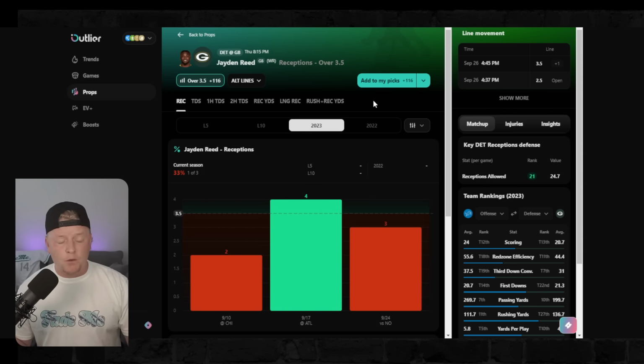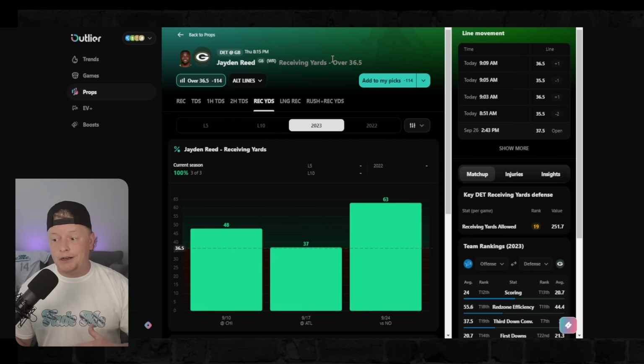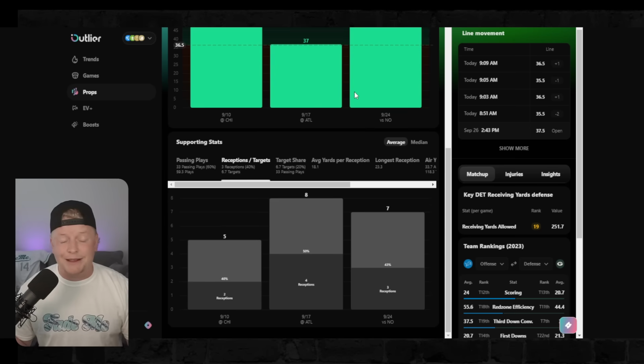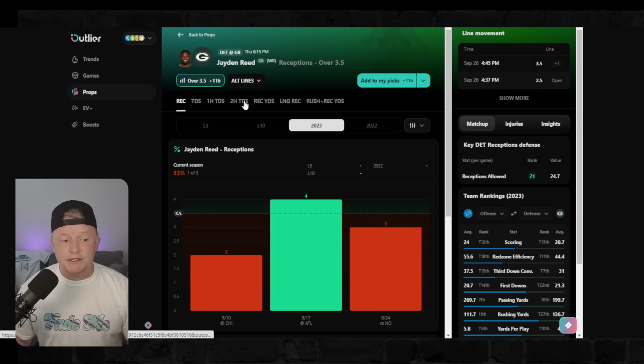But in terms of what we're looking at also on him, I really don't hate his receiving yards. Similar reverberation of what I'm talking about. He's hit this in 3 straight games, and I love the targets here as well, and I do think he gets separation tonight. And then I also think, and the reason we're taking receptions instead of the receiving yards is